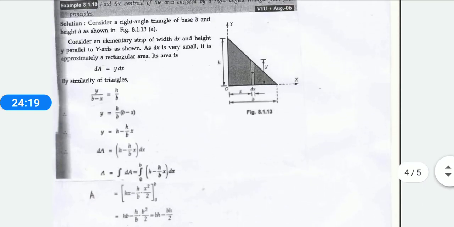After that, in our next video, we'll see about the centroid using the normal procedure. This will be helpful in doing that problem. So do concentrate on this and study these 5 principles.